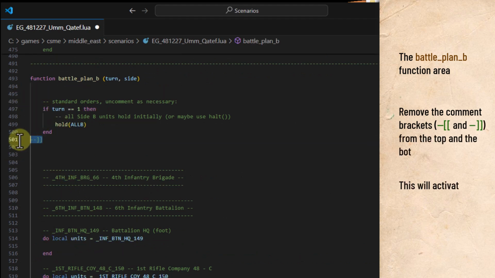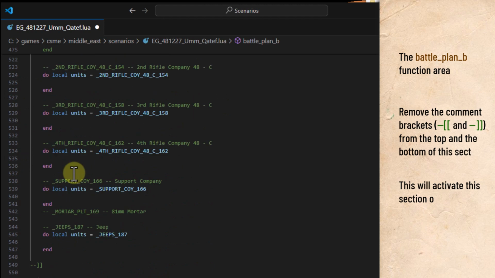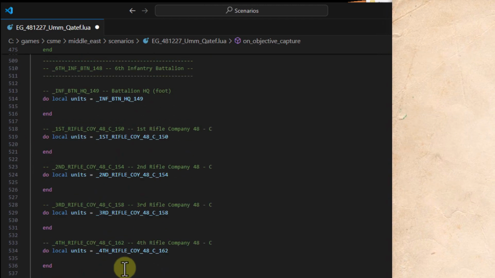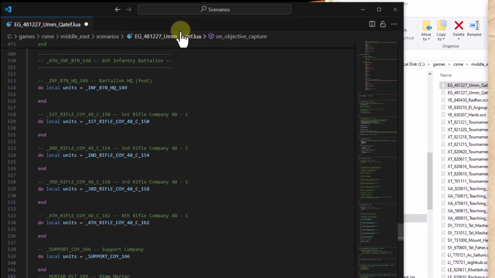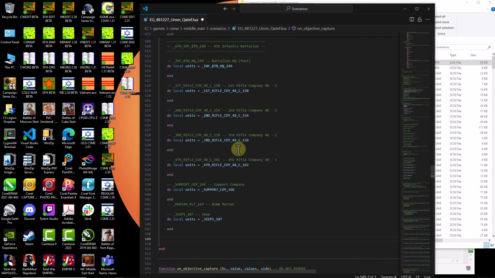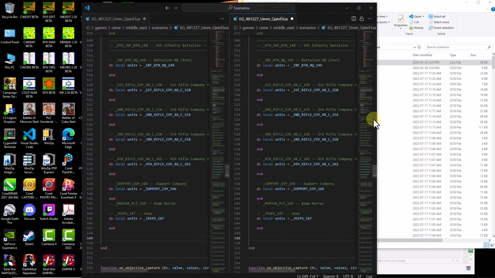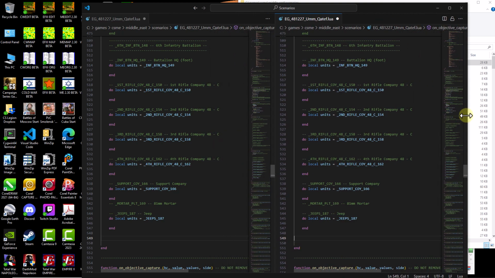So I'm going to remove these things straight away. And then these are the companies that we're going to work with. But we're only going to do one company for this particular session. In the future, we'll do another company and just show you how to make this a little more interesting and whatnot. So, first thing I'm going to do is open up a side one